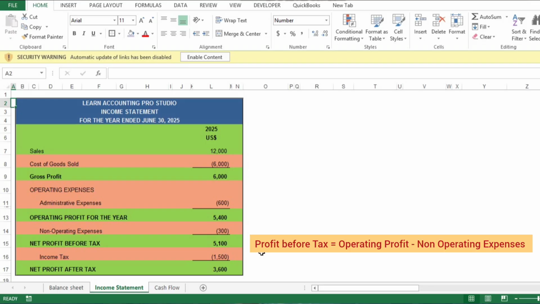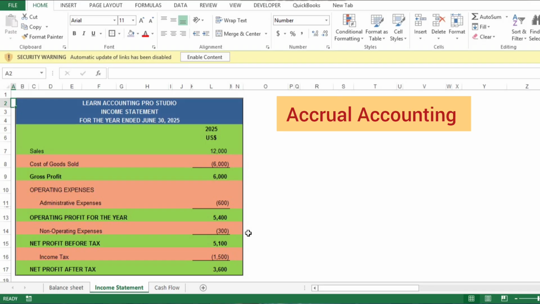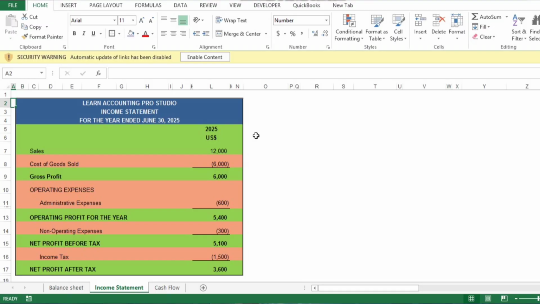प्री टैक्स इनकम वो होता है जो टैक्सेस माइनस करने से पहले की अर्निंग्स दिखाता है। ये बहुत ज़रूरी बात है कि इनकम स्टेटमेंट एक्रूअल अकाउंटिंग पर मबनी होता है। एक्रूअल अकाउंटिंग का मतलब ये है कि रेवेन्यू तब रिकॉर्ड होता है जब वो अर्न होता है और एक्सपेंसेस तब जब वो इनकर होते हैं, चाहे कैश एक्सचेंज हुआ हो या नहीं। रेवेन्यू और कैश रिसीव होने की टाइमिंग अक्सर मैच नहीं करती। फॉर एग्जांपल, जब हम क्रेडिट पर सेल करते हैं, इसलिए एक्रूअल अकाउंटिंग से वो ट्रांजैक्शंस रिकॉर्ड की जाती हैं। मगर इसके बावजूद कंपनी के लिए ये जानना क्रिटिकल है कि कितना कैश असल में कंपनी से गुजरता है, इसलिए कैश फ्लो को ट्रैक करना ज़रूरी है।